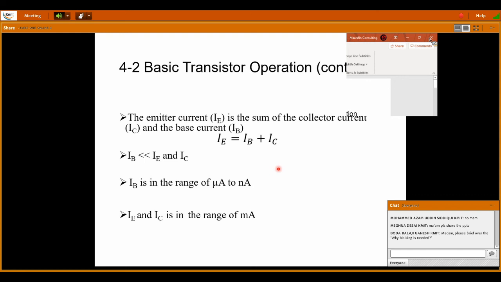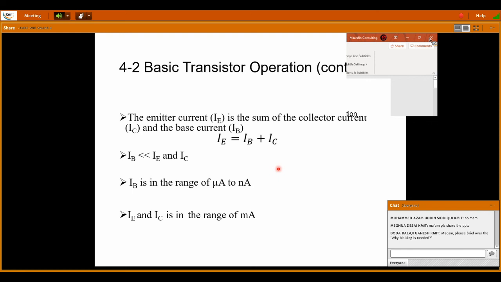If we don't give any biasing on the input junction, it will be like a passive element. It doesn't amplify your signal, and it doesn't give you an output of logical one or logical zero. It will be a passive device; it won't be termed active. It will simply give high resistance, so there is no flow of current from the input emitter to the output terminal. Is it clear? So this is the need for biasing.